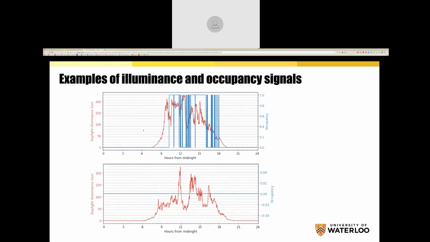And so an example of our data set looks something like this. The orange line shows the daylight that we measured. There's no daylight at night, around 7 or 8 the sun comes up, it goes up and goes down, and there are some more clouds in the afternoon. And then the blue is the occupancy, where people are coming and going. The lower level shows an occupancy of 0. There's nobody in that office that particular day.